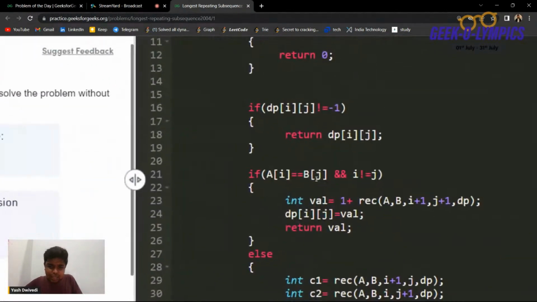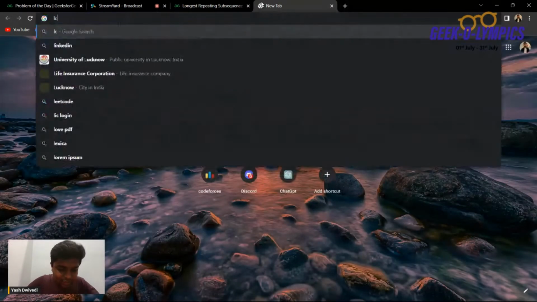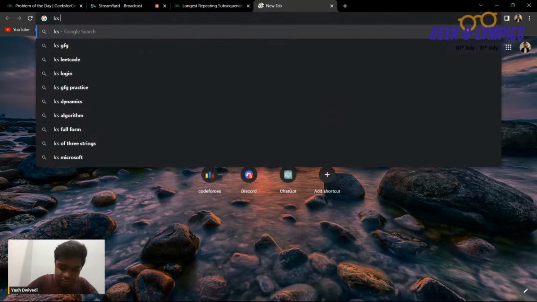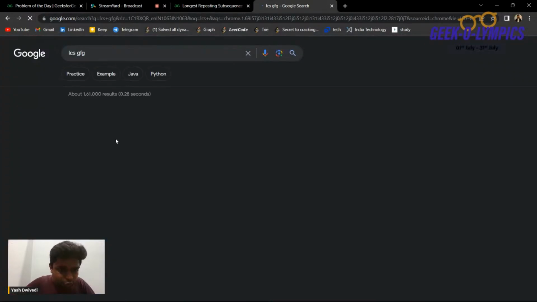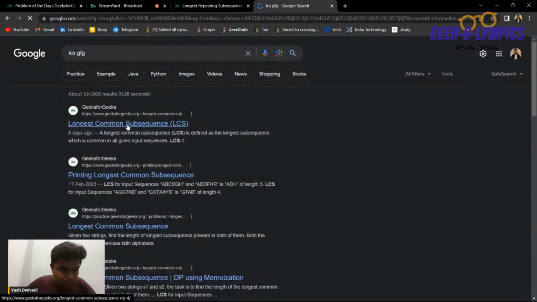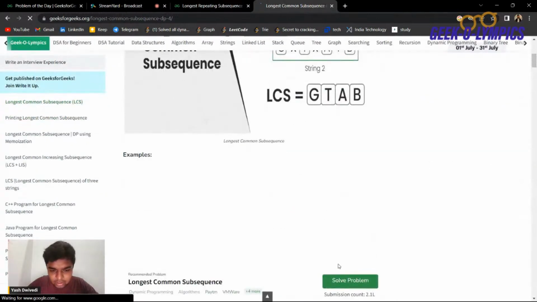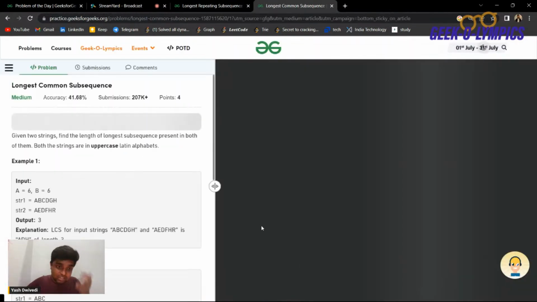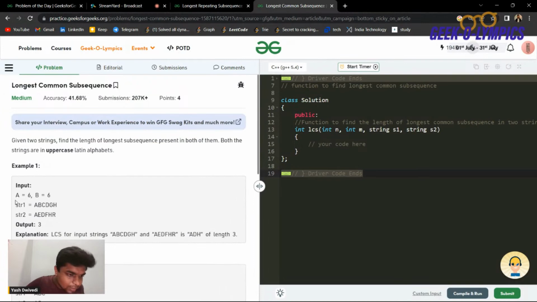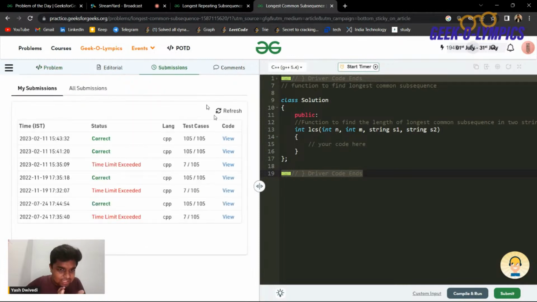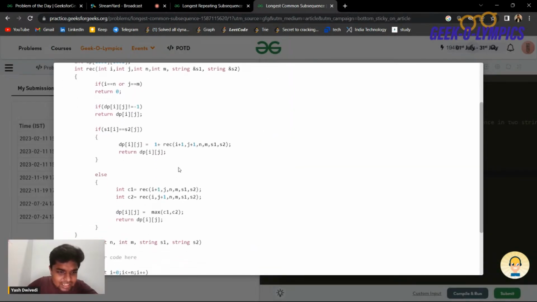If I open the LCS problem and write GFG, let me show you the longest common subsequence problem. Here you have been given two different strings, and in these two strings you have to find the longest common subsequence. So if you see the LCS problem,